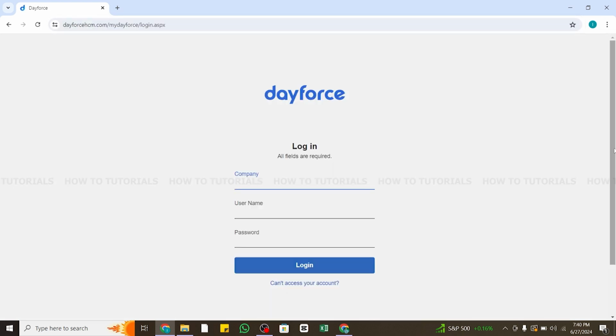Once it loads, you will be taken to the official website of Dayforce. Here you will find the login interface, where you'll have to enter the name of the company or the ID provided to you. After that, enter your username and the password. These are usually provided to you by your employer's HR department. Once you have entered all the credentials, click on this login button and you'll be able to log into your